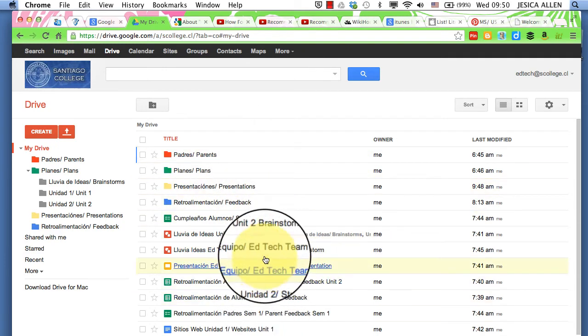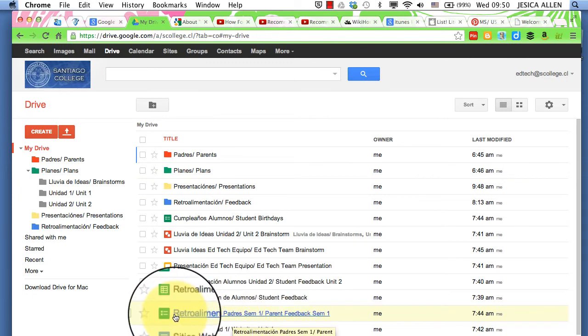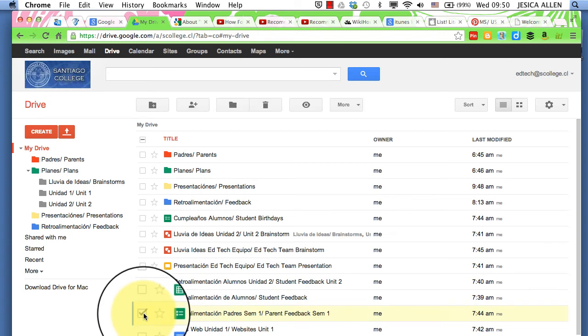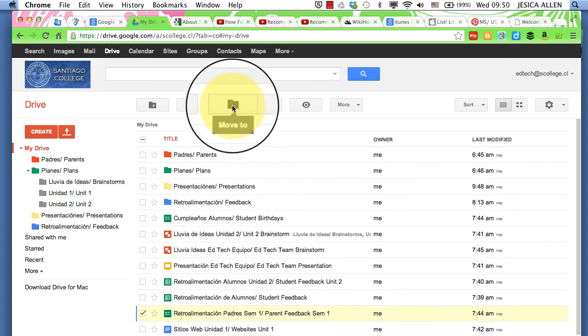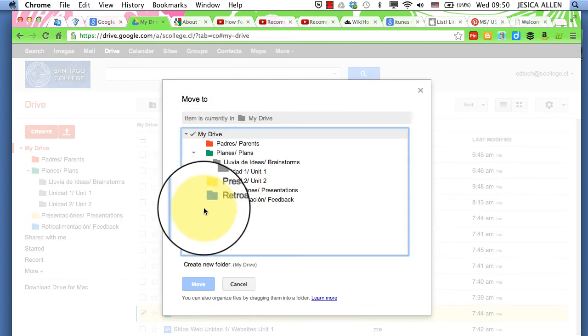Here are my different documents. Here I have some parent feedback, but it's also parents. Let's try that one. I click on the side. I go up to the top where the folder button is, and here I'm going to choose the different labels that I would like for this document because it can go into a number of places.